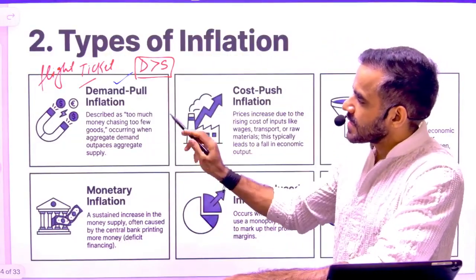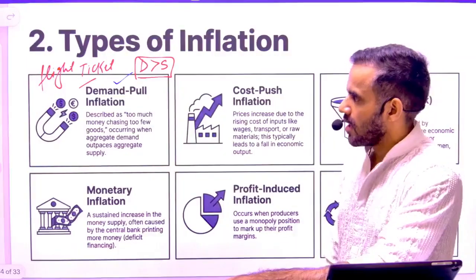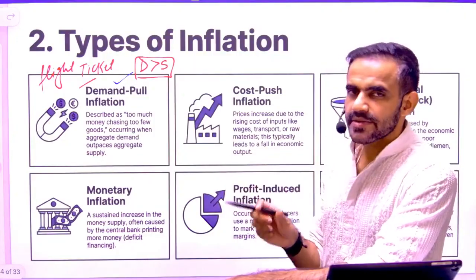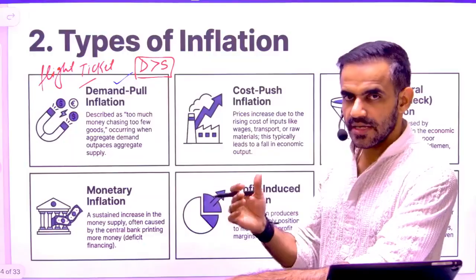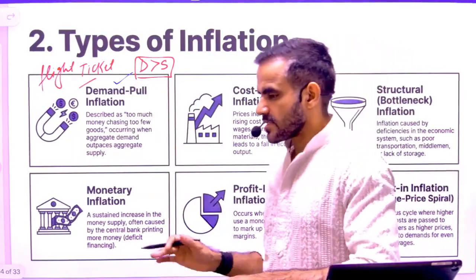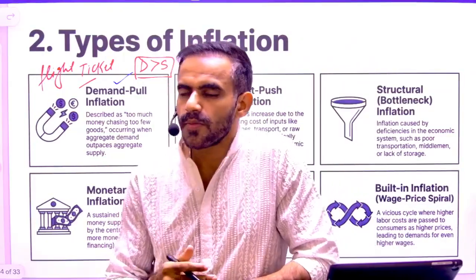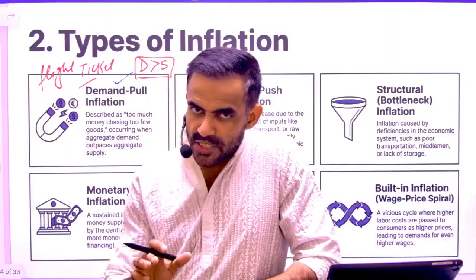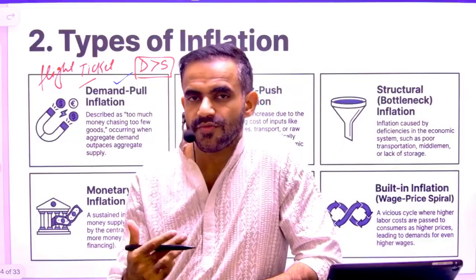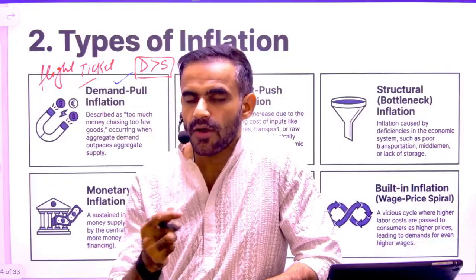In a very simple sense, it is considered as too much money chasing too few goods or items. That simply means we have a fixed quantity of items, or the quantity of items is limited. Money is there to buy those items. More and more people are willing to buy those items. Suddenly, let's consider the same example: if everyone suddenly has money to buy a BMW or an iPhone, the production capacity of the company is the same, but suddenly people got the money. What will happen? That will lead to inflation, and subsequently the economy may collapse.